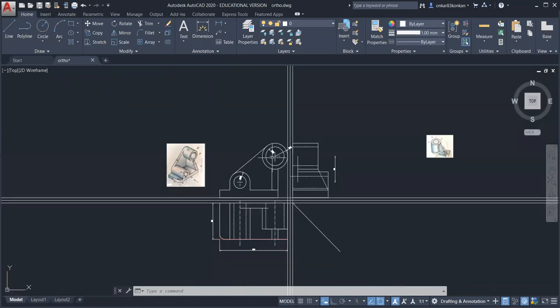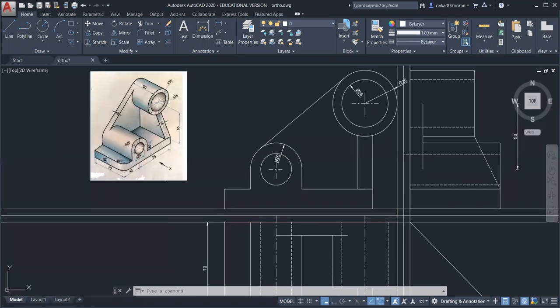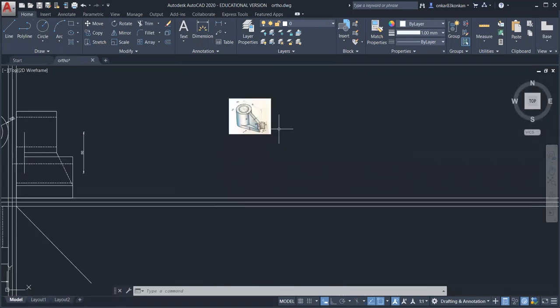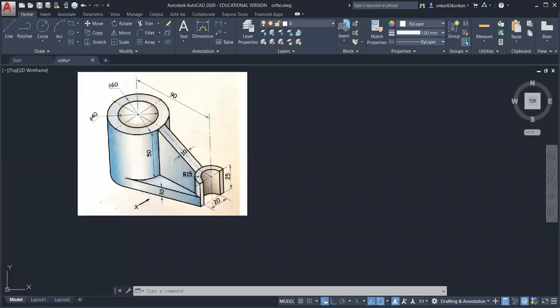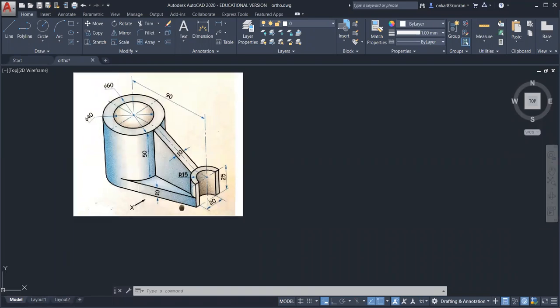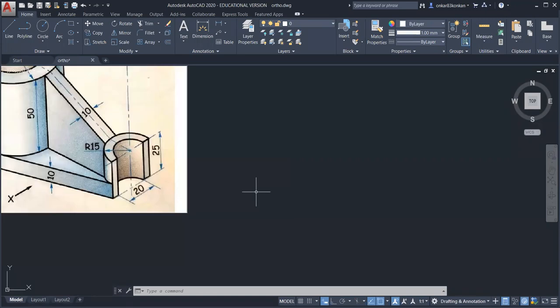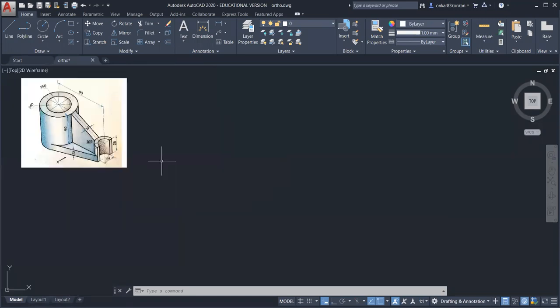So you can see here. So this was the direction for the front view. So side view is left side view visible. And in this problem, if the observer is looking at this object from this side, that is X direction, then from the right side view is visible. So we will draw the right hand side view, that is RHSV, and it will be on the left side of the front view. So to start the drawing, your first step will be we should draw the XY line and X1, Y1 line.